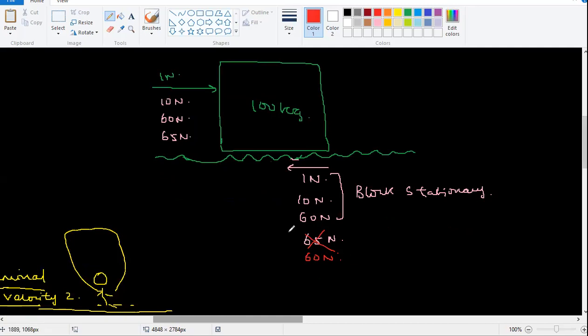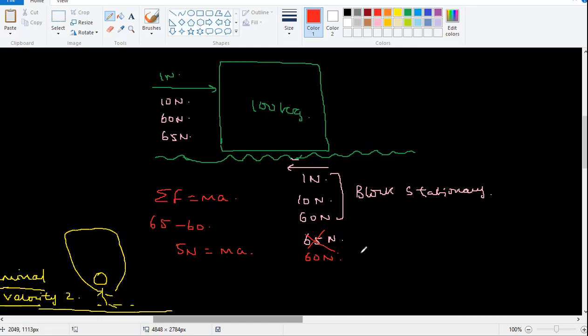So now, can anyone tell me what is sigma F? I'm applying 65 Newton, friction is giving 60. So what is sigma F? Sigma F is 65 minus 60. Do you agree? Yes, sir. So this way is the positive side, this is the negative direction. So that means this is 5 Newton. So the block is not going to accelerate for 65 Newton. The block is going to accelerate only for 5 Newton, depending upon the mass. If this was 10 kg, then I have to divide by 10, which means acceleration is 0.5. If this was 100 kg, 5 by 100, which means it is 0.05. So the acceleration depends upon the mass.